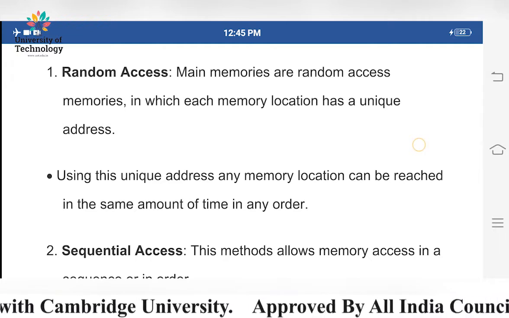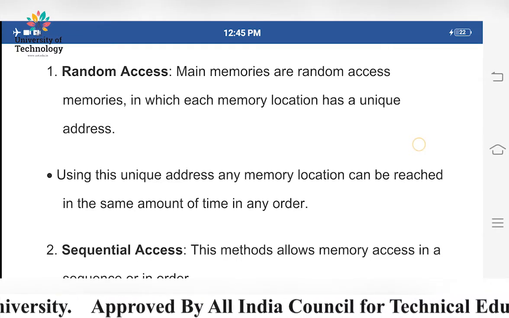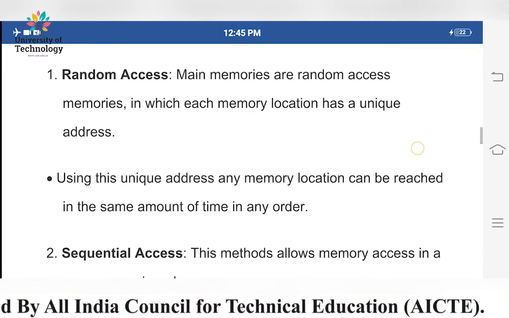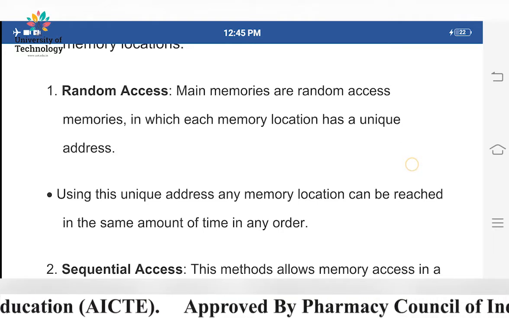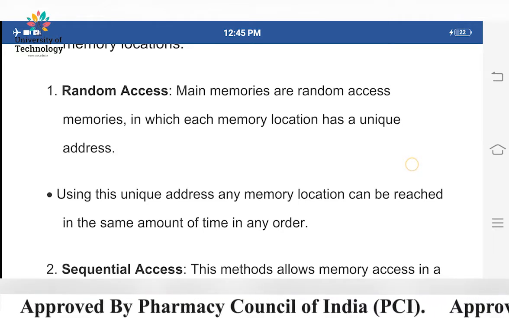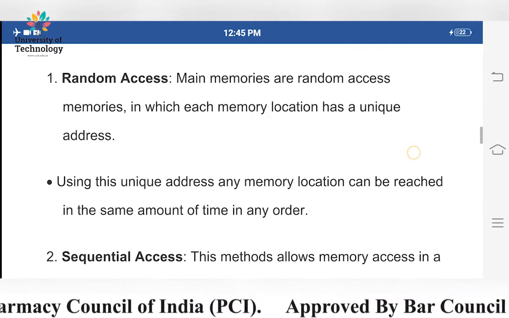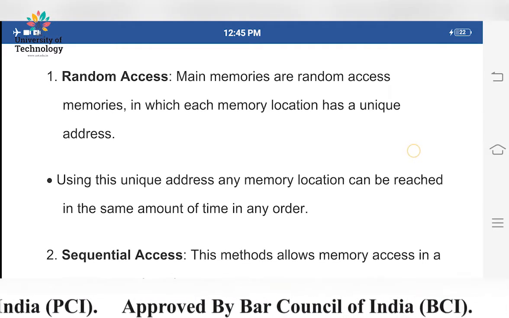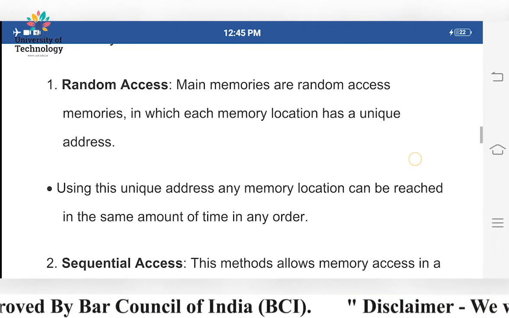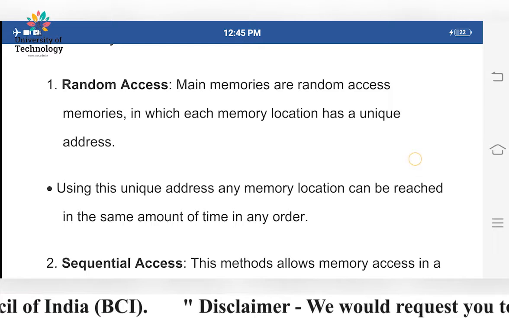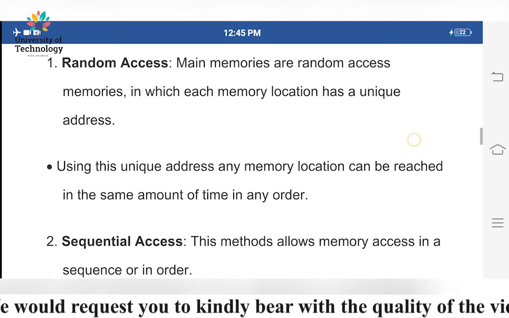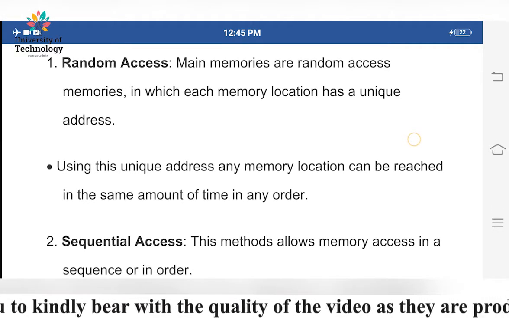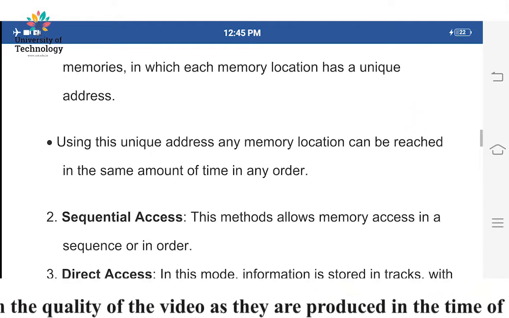This is what makes it unique. Let's take a common example. Suppose we have a random access memory and it has different blocks of memory locations: block A, block B, and so on. Block A has the address A1. Since block A has the address A1, this A1 will not be the address of any other location. It's always going to be different as well as unique.